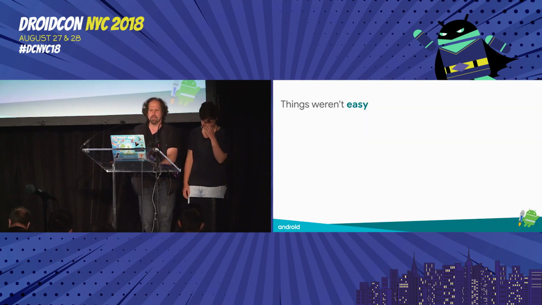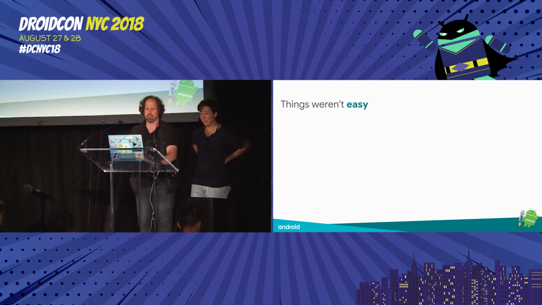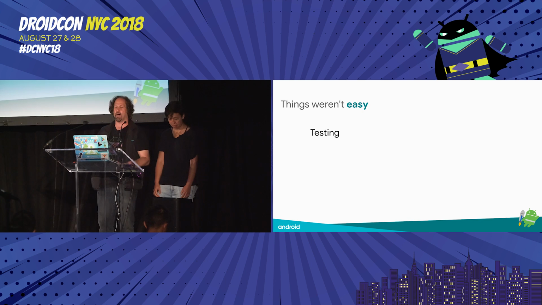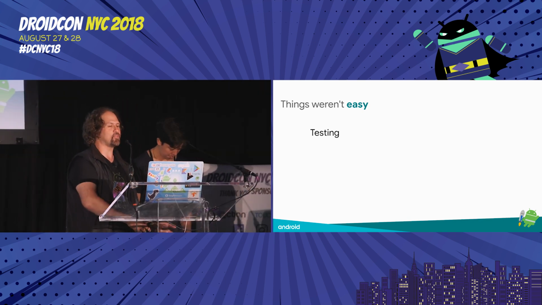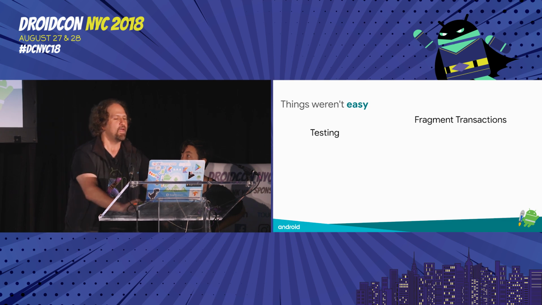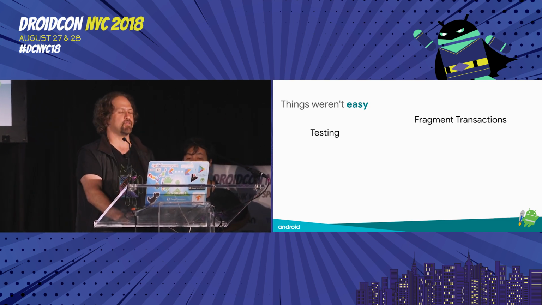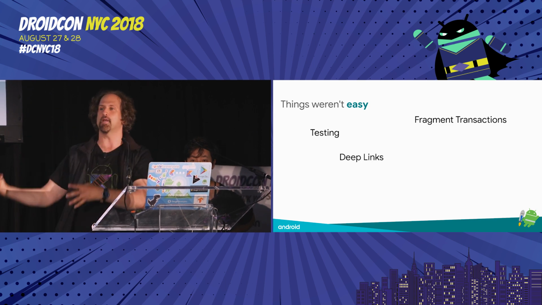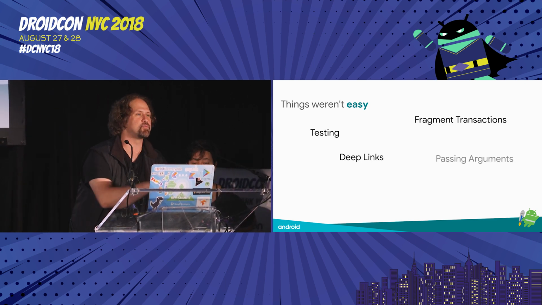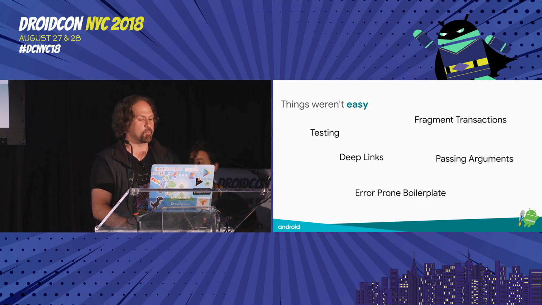All right, so why did we decide to do navigation? Basically, there are a lot of problems we saw that developers had. One is that navigating between activities wasn't very testable. Plus, activities are more expensive in terms of resources, coupled to manifest metadata, while fragment transactions were tricky and a cause of crashes due to things like illegal state exceptions. Synthesizing the backstack after a deep link was challenging, particularly with fragment-based apps, and passing arguments was ultimately unsafe. And all this required lots and lots of error-prone boilerplate.